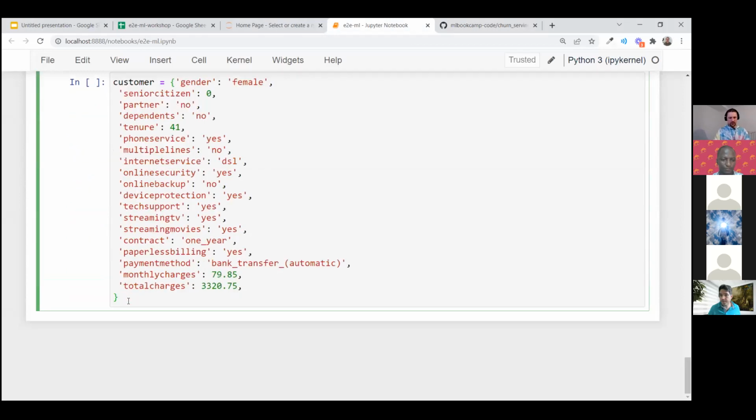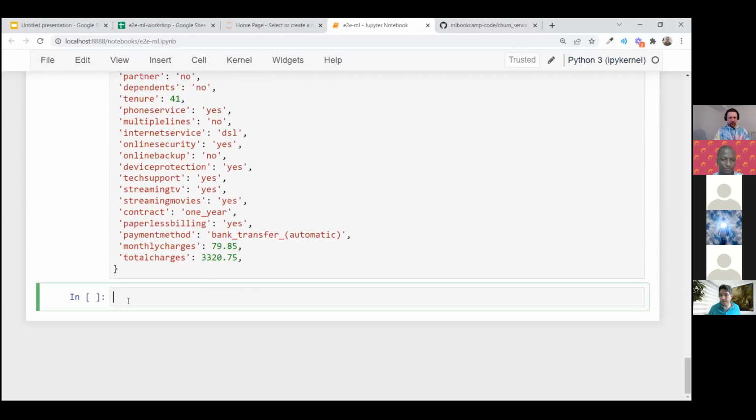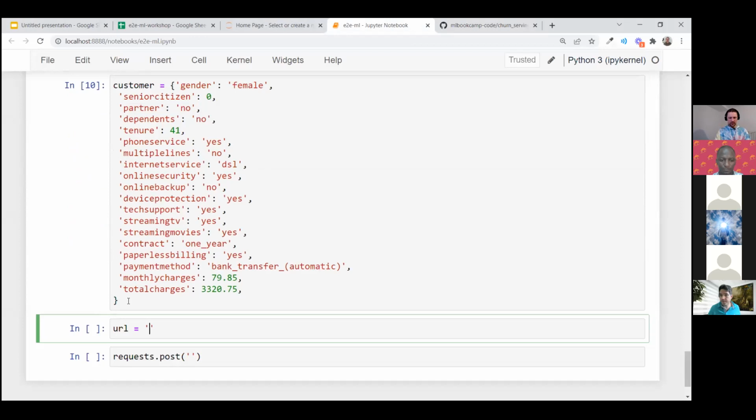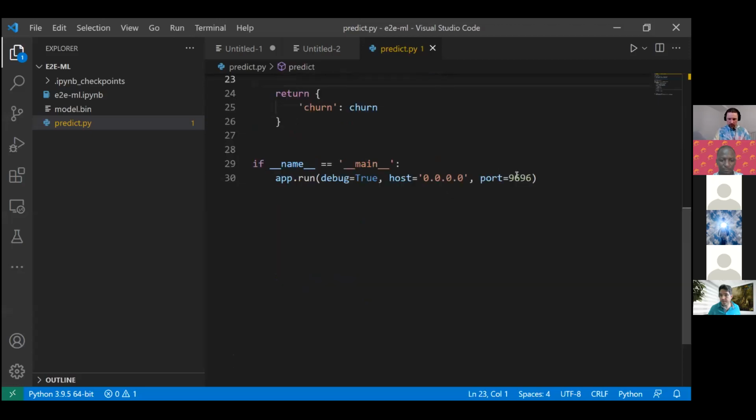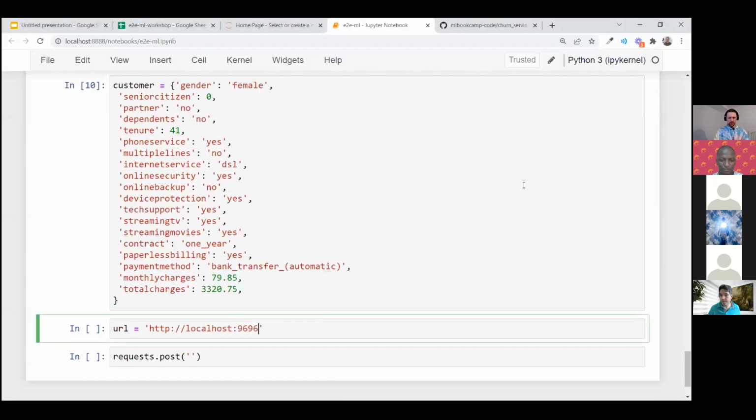And yeah, here we have our customer. And in requests, I will use the post method. And then the URL where we will send a request is http://localhost, and the port is 9696. And then the URL is /predict.